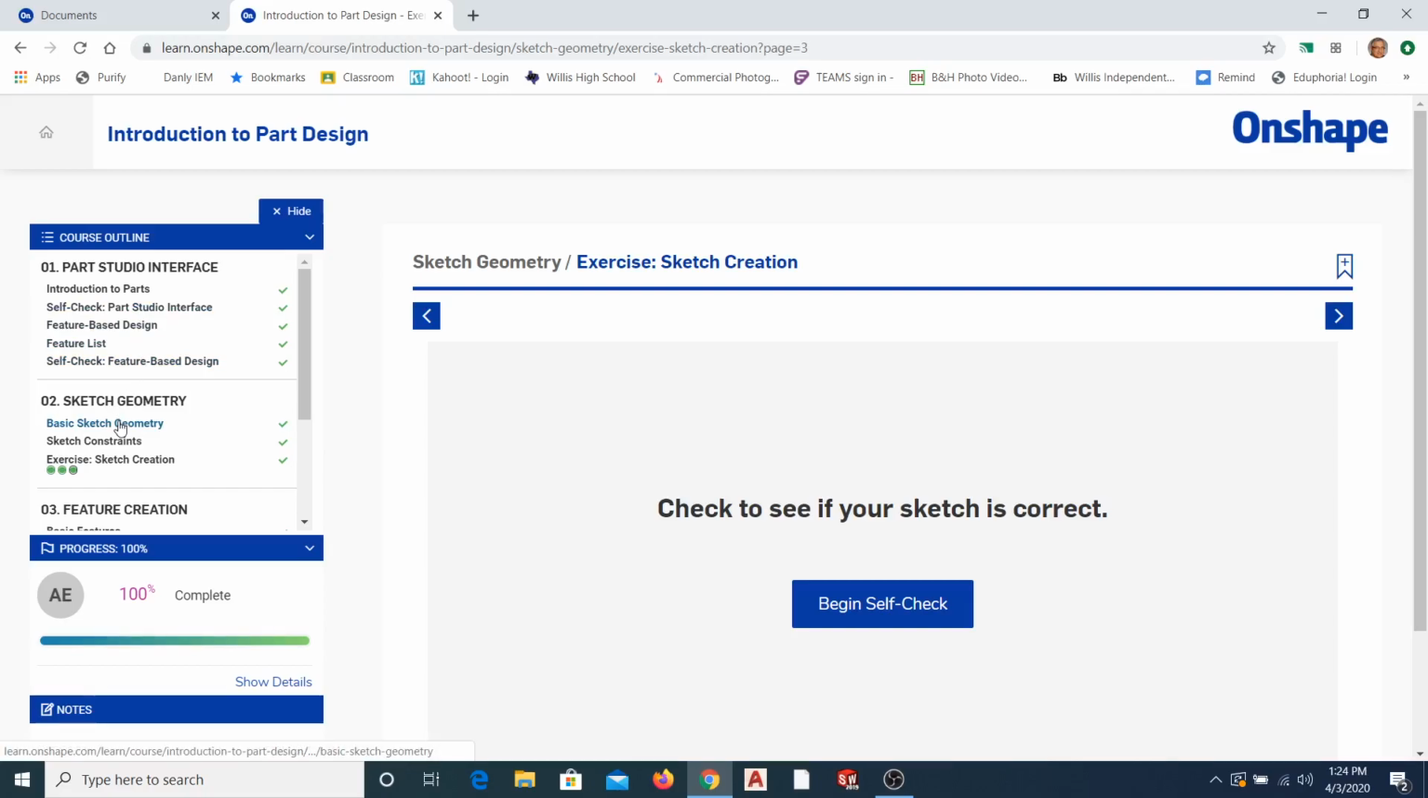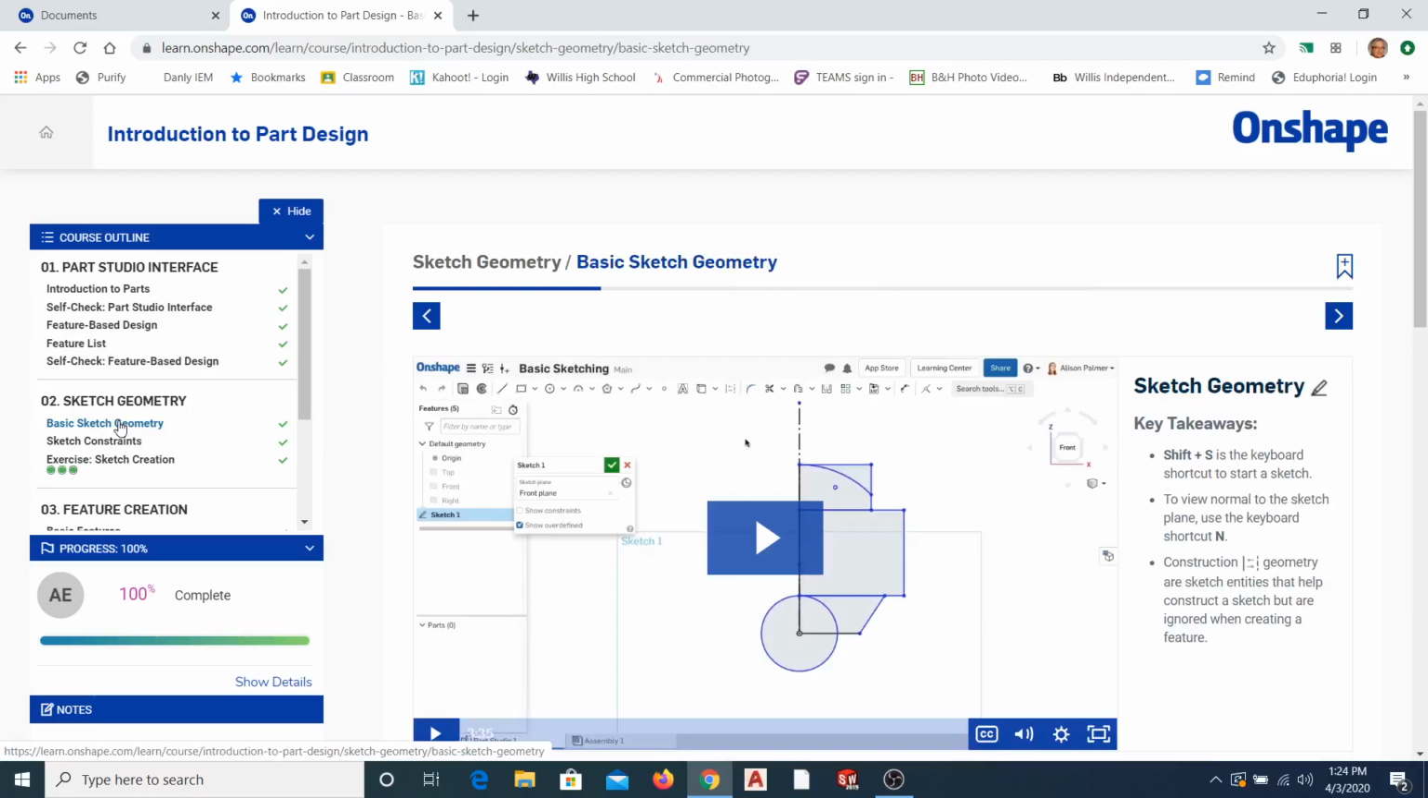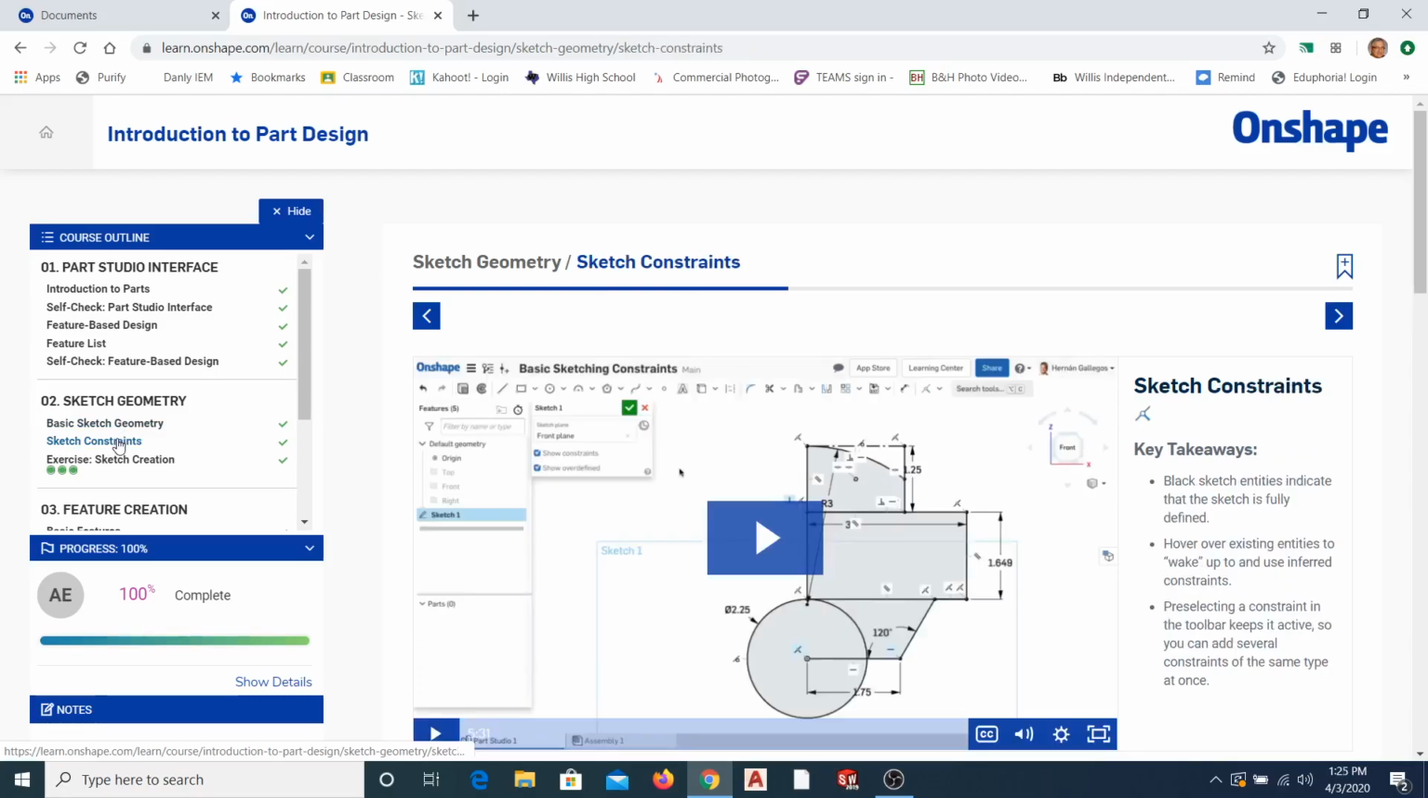And of course, first you should watch this video on basic sketch geometry. It has some very good information there, which will point out a few little minor differences between the way sketches work in SolidWorks and Onshape. They are very similar, so you will not have any trouble. And then you know that we use constraints, both dimension constraints and geometry constraints, such as coincident and tangent and all that. Onshape does the same thing. This shows you that really quick, so you can see how that works. And then you come here to the exercise